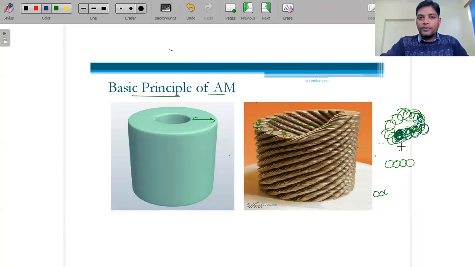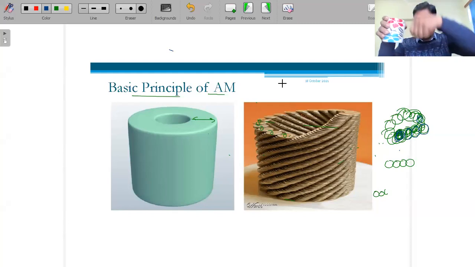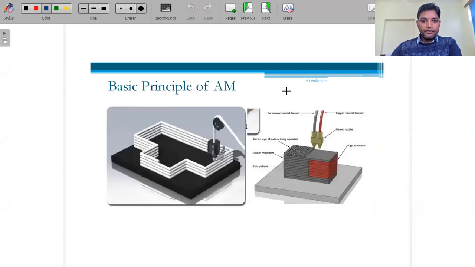Why will it be of some thickness? Because at the bottom we have to cover completely. If we make it hollow with this thickness, it will become a hollow cylinder. But we want to create a cup, so at the bottom side we have to create some thickness of whatever material we are using. So first it will create that thickness, and then it will cover only some thickness at the periphery. So this is how we are moving.